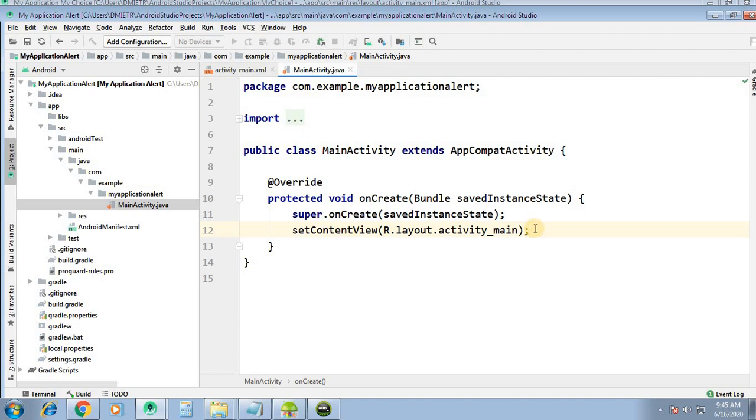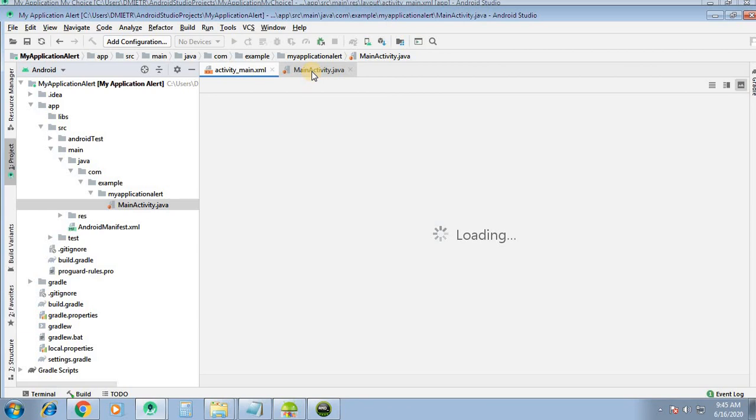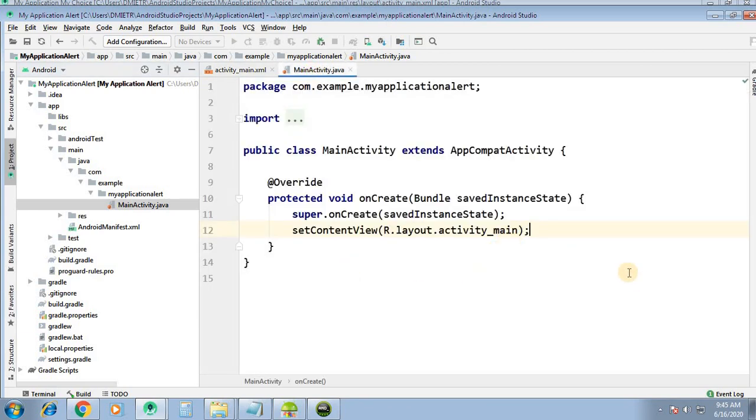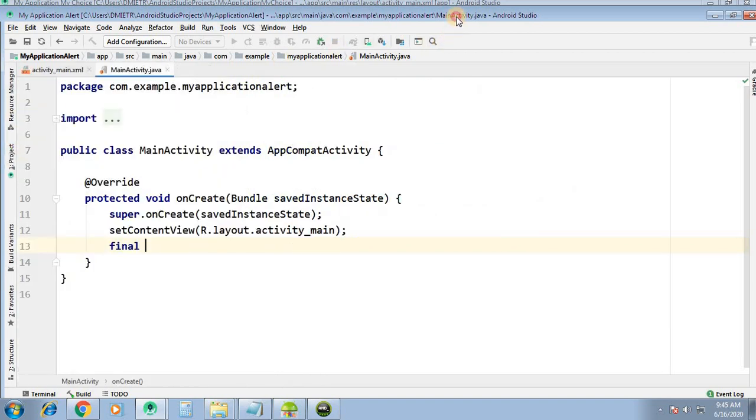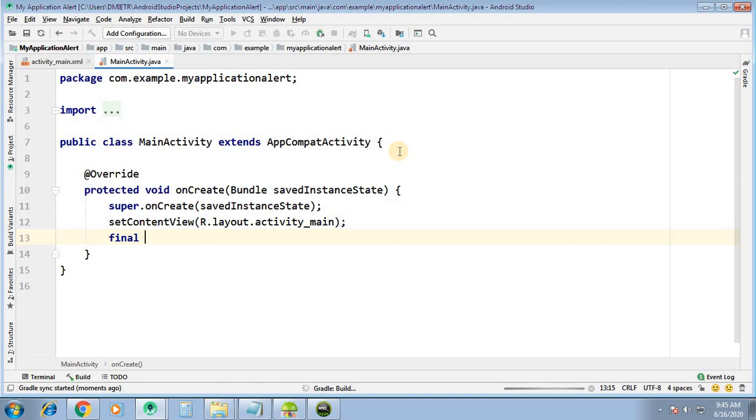Our project has been loaded. In the Java file we will create the alert dialog, final AlertDialog.